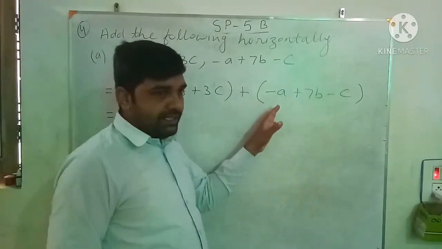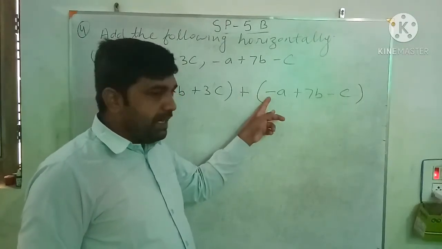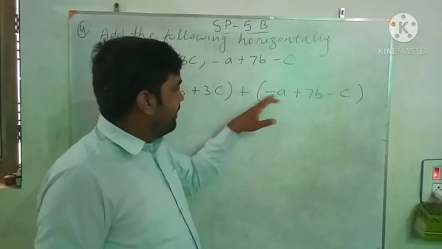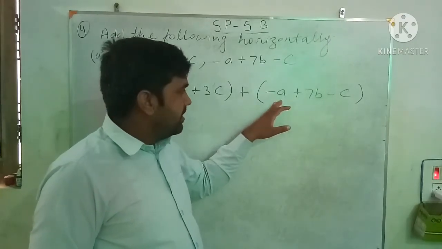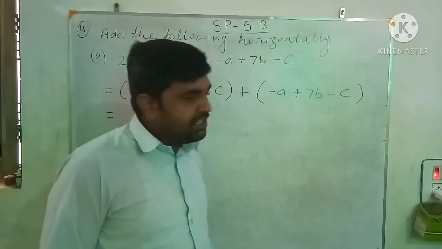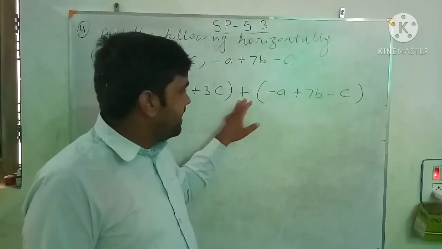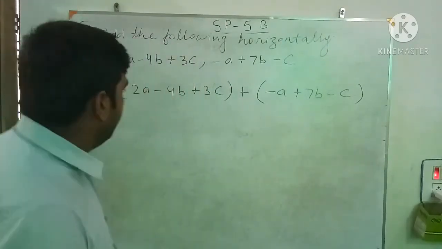now we open the brackets. When we open this bracket, because before this bracket there is a plus sign, the sign of the terms is not going to be changed. Whenever plus is multiplied with each term of the bracket, its sign never changes. Only when there is a minus 1, in that case the sign of each term of the bracket will be changed. Okay.